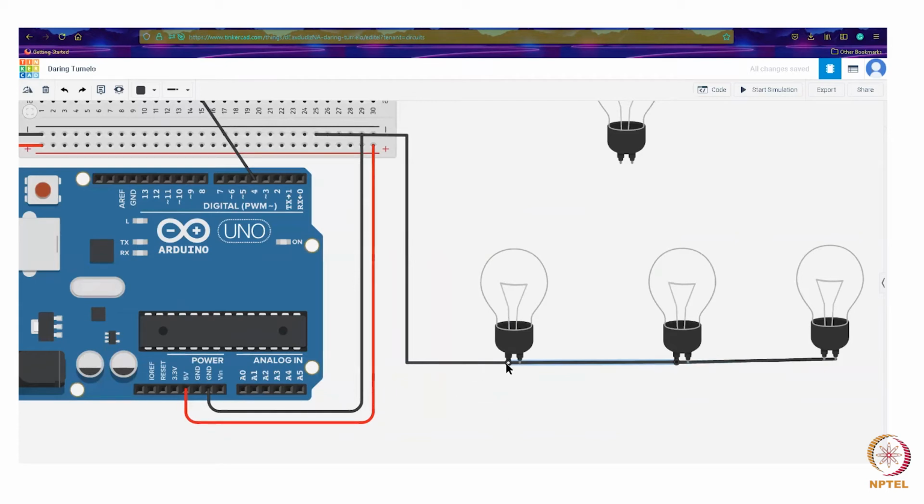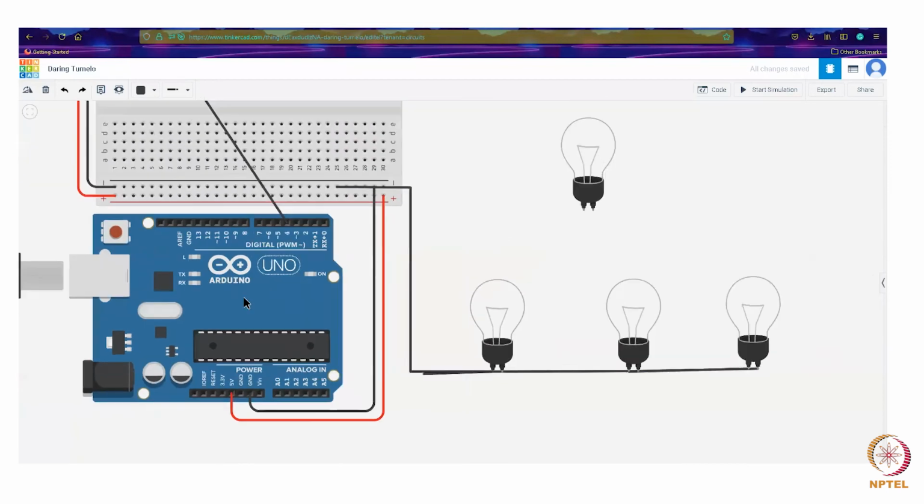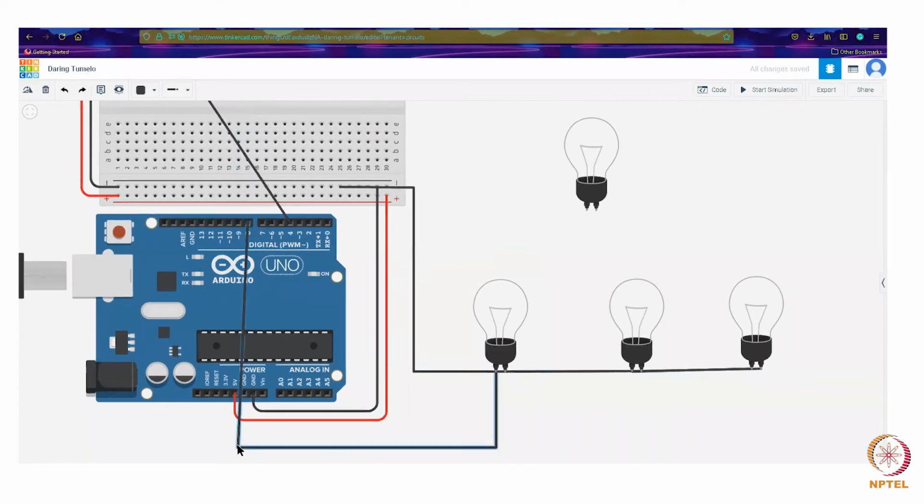We'll take this connection and short this to one of the digital pins, because lights are again digital. So we have one set of the light bulbs ready, and we put that to the 8th pin.